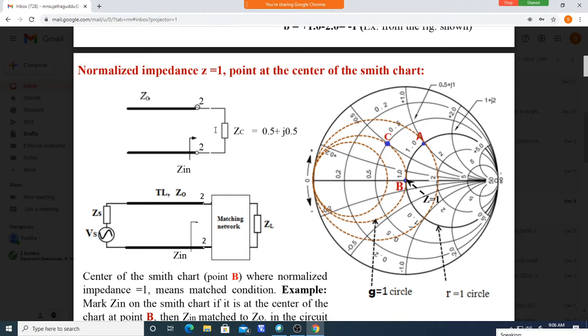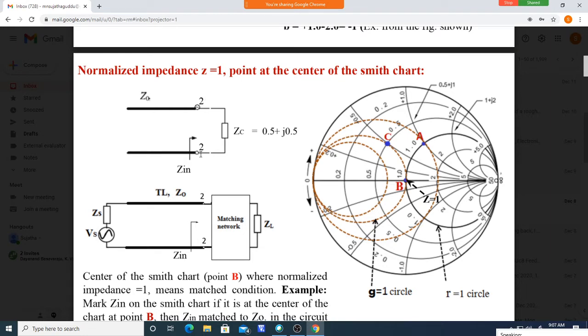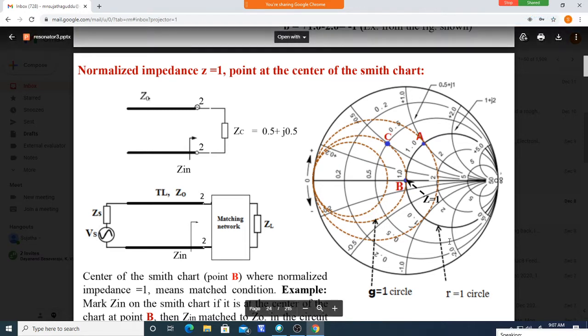So what we can do is, by adding an inductor and capacitor in series or shunt, change the impedance between these two terminals, either here or in series. What values can we add to bring the impedance between these two terminals equal to 50 ohm, or matched? If you go for the analytical method, it is a little difficult to find because of lengthy equations and all. We can easily find those values using this Smith chart.